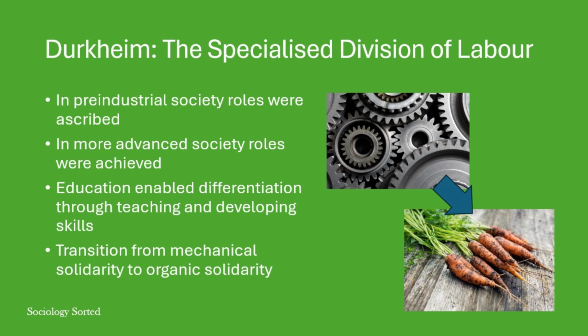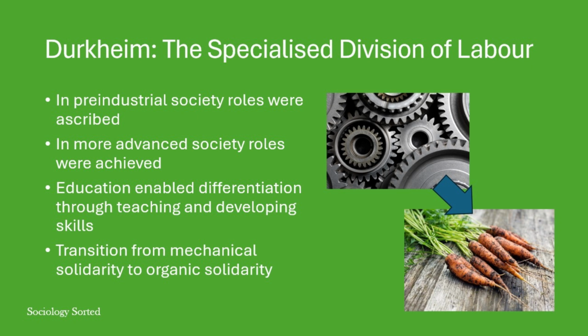With the creation of industrialized societies, and the education systems that went alongside them, this changed. Now students were taught a range of skills such as maths, English, and crafts. Consequently, now a child brought up in a family of farmers could decide to become a journalist. We would describe this as an achieved role, as it has been earned. This led to a specialized division of labor, as people worked towards roles rather than simply following their parents. Durkheim argued that this created a change in the way that social solidarity worked.